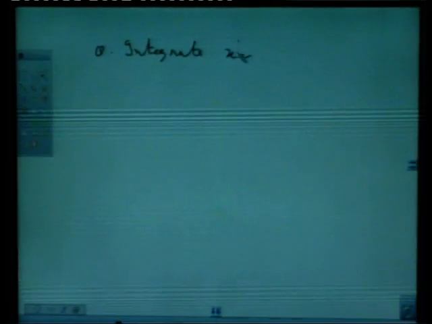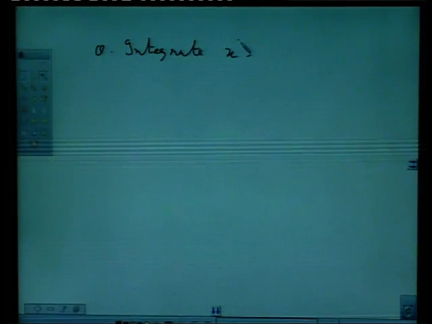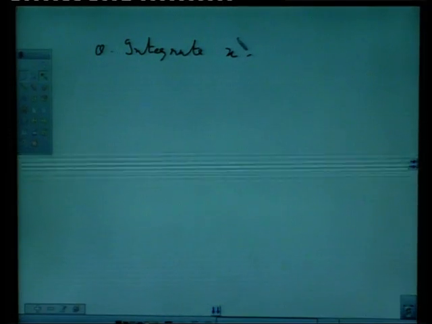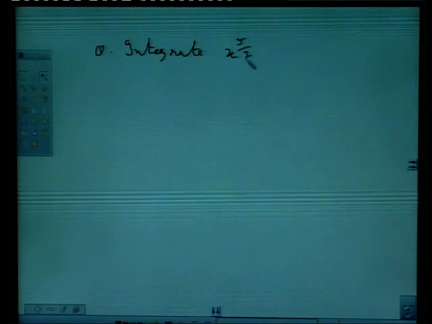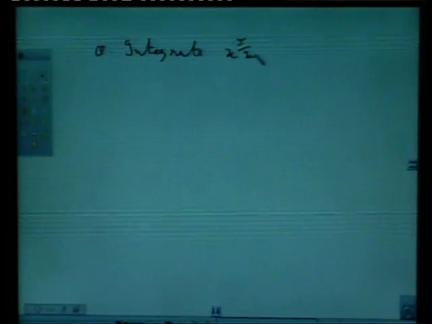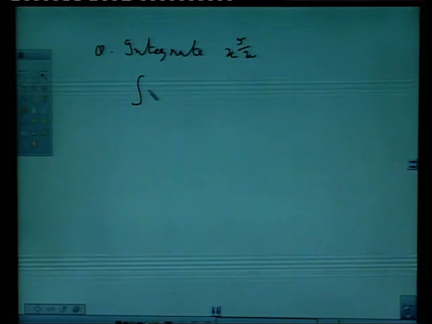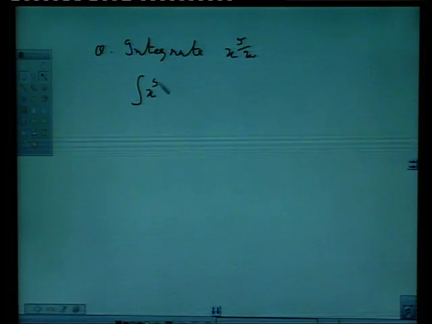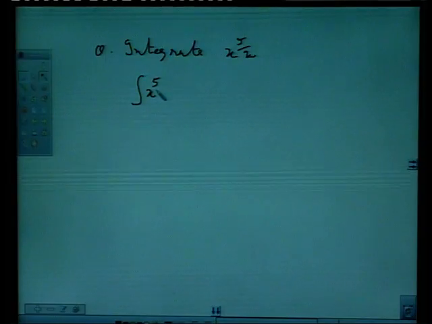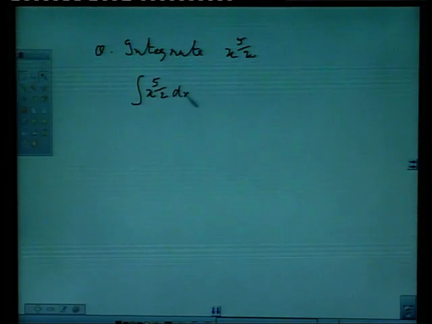It is not written clearly because of some technical problem. So, integration of x raised to power 5 upon 2 with respect to x